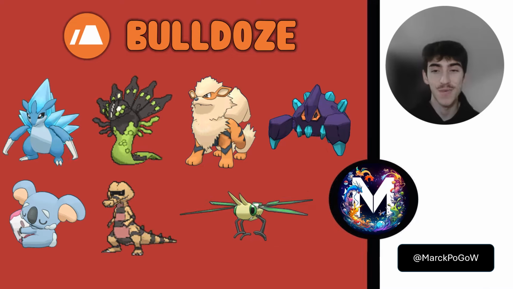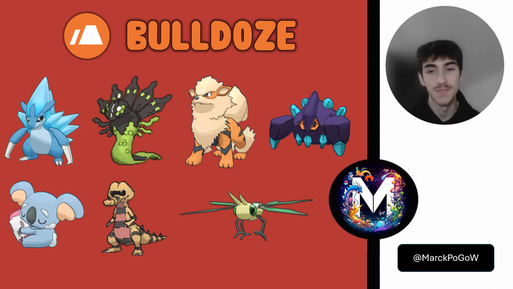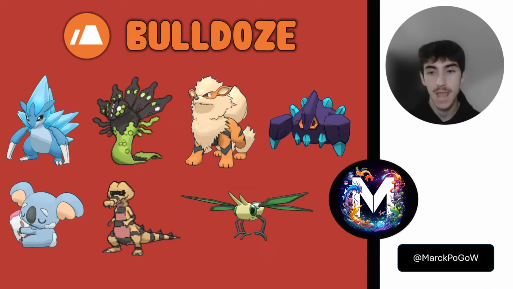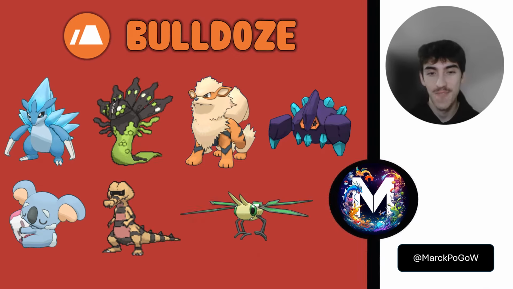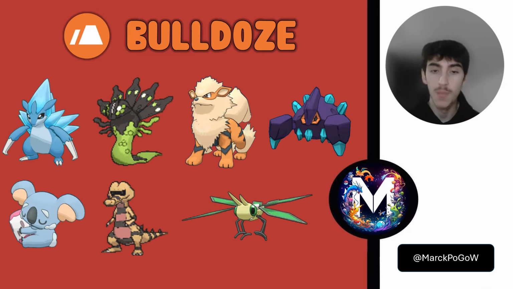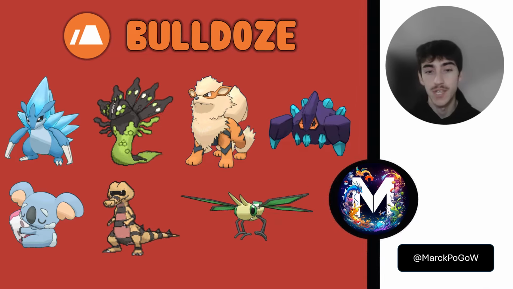Okay, this is an interesting one that I think maybe flew under Niantic's radar, and that is Zygarde 50% form. Has access to Bulldoze, which is now a cheap bait move, most likely, that lowers the opponent's defense. And it already has a hard-hitting Dragon Tail fast move. So get ready to see Zygarde 50% form probably everywhere. I would not be surprised. We will see. I think it also still has access to Crunch, so it's going to be probably Dragon Tail,